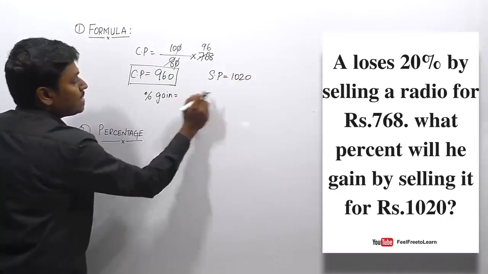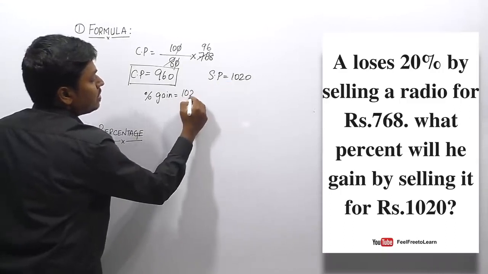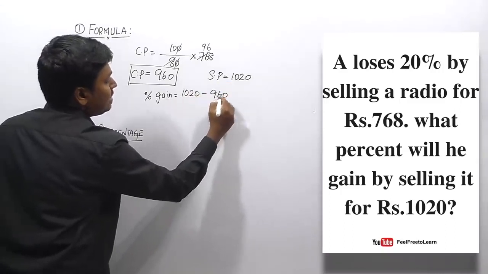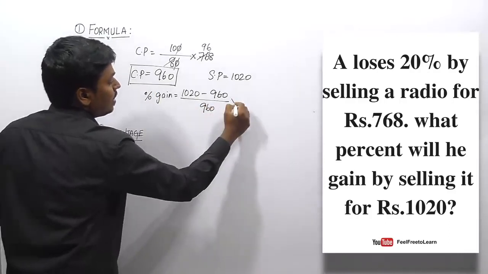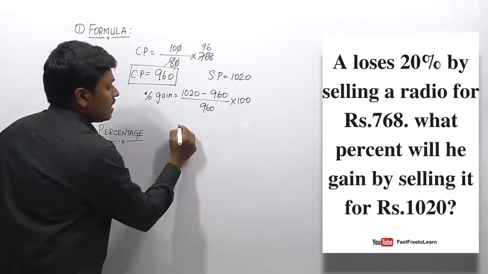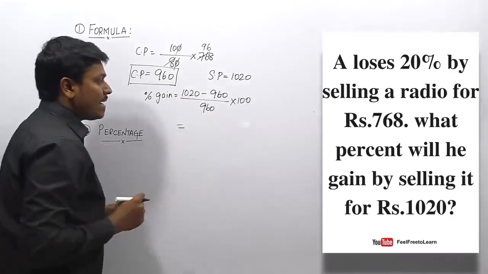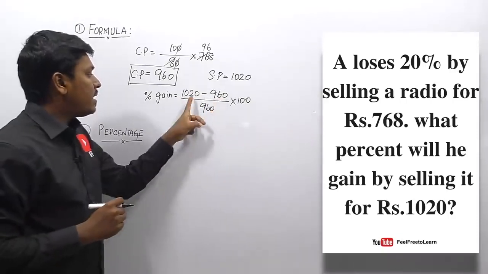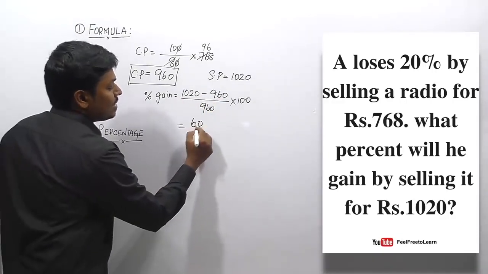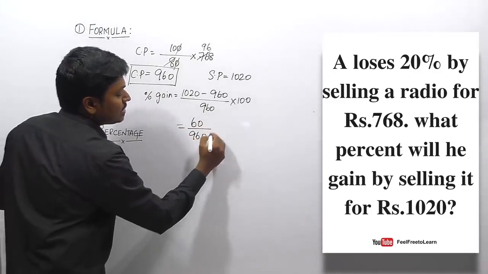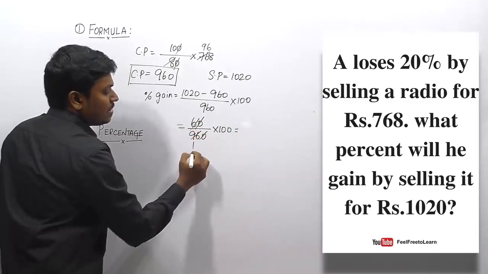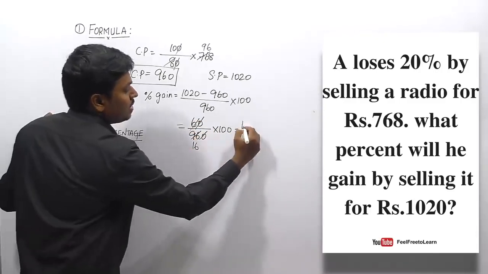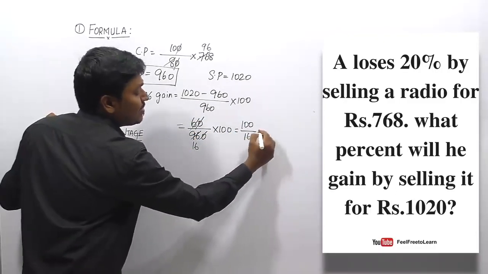So friends, selling price minus cost price, so 1020 minus 960 divided by the cost price, which is 960, into 100. So 1020 minus 960, here 40 difference, here 20 difference, so total will be 60. So 60 divided by 960 into 100, 0 0, so this will be 16 times, so 100 divided by 16 will be